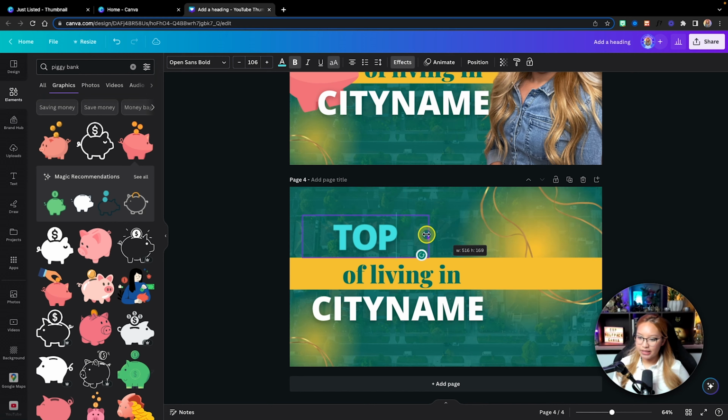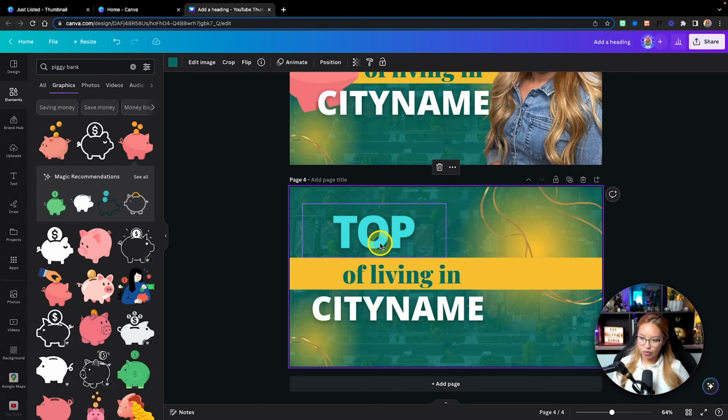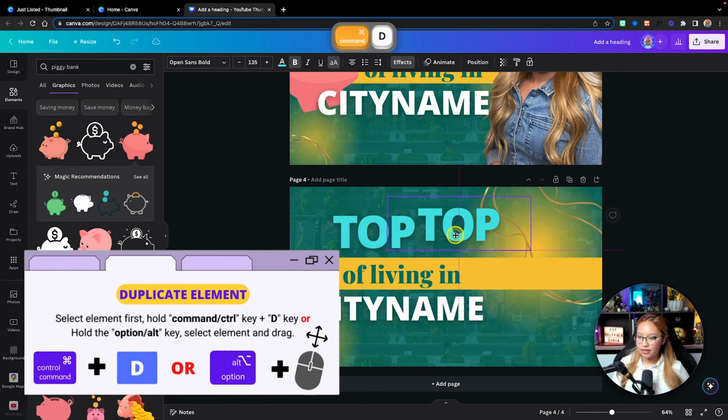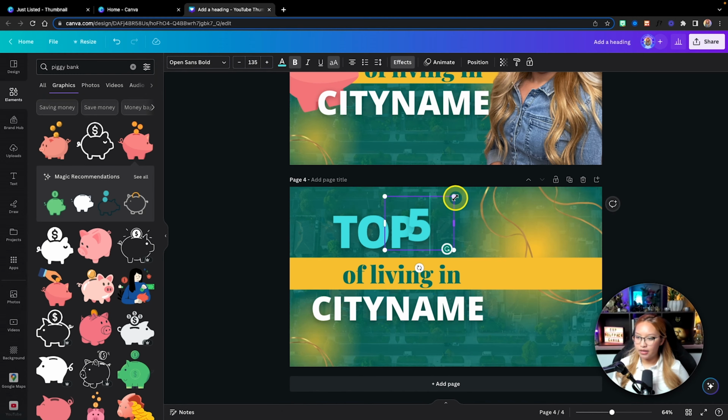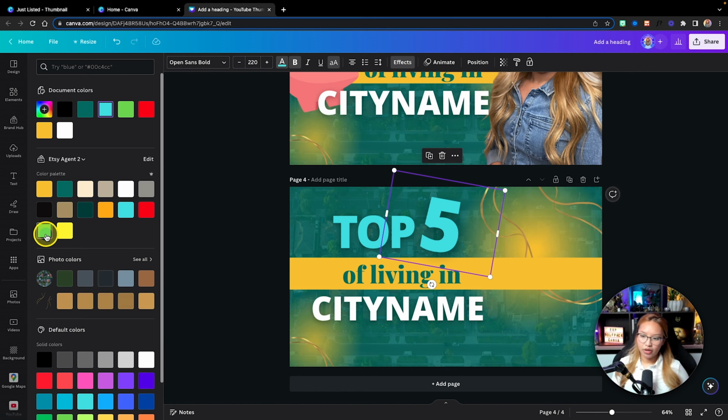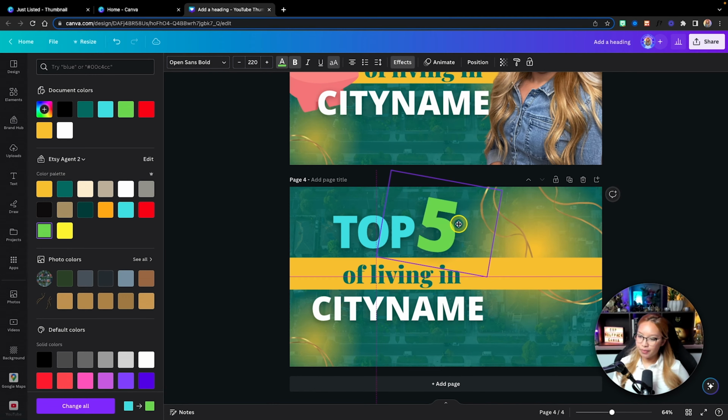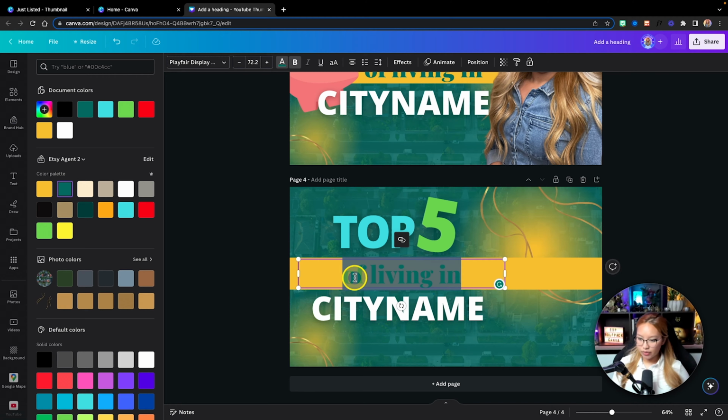I'm going to just clean this up a bit. Make this a little bit bigger. I'm going to duplicate this and put the number 5 and make it a little bit bigger. We're going to make it on a bit of an angle, and let's go in and change this to another color. We can just do green for now, and of course change this out. Top 5 family events in